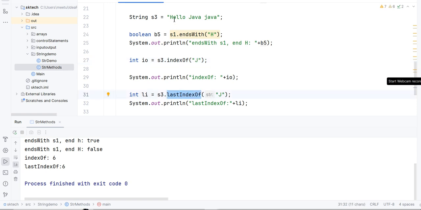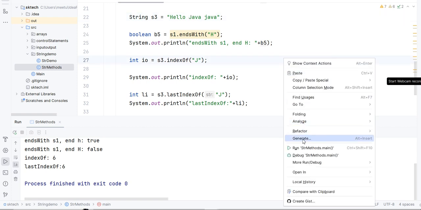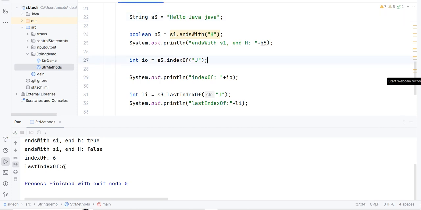It means that, let's say, in this string we have given "hello Java" and small "java", right? And we are searching for capital J, so it is going to search and see, okay, this capital J is the last in this string, right? Because small j is going to be treated differently, so it is going to return this index. So let's run this program and see the output. Yeah, so it is returning 6 only because it is available at the 6th position, and this is treated differently than this one. So this will be the last one in this string.